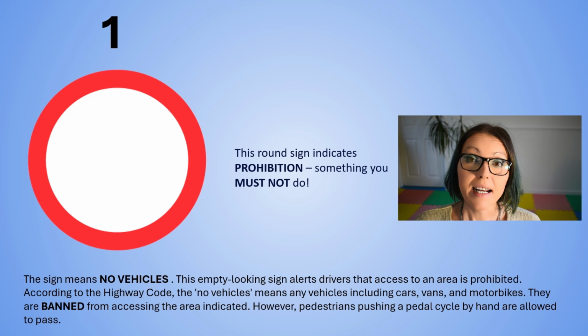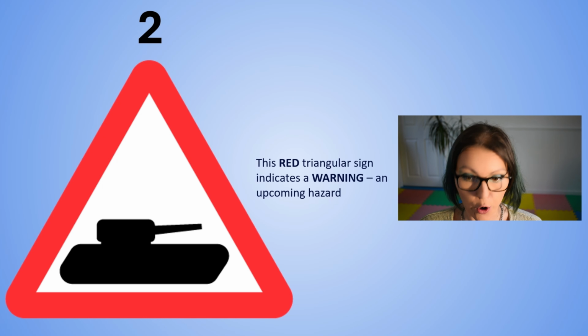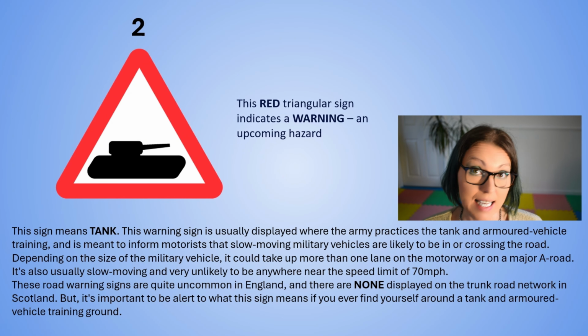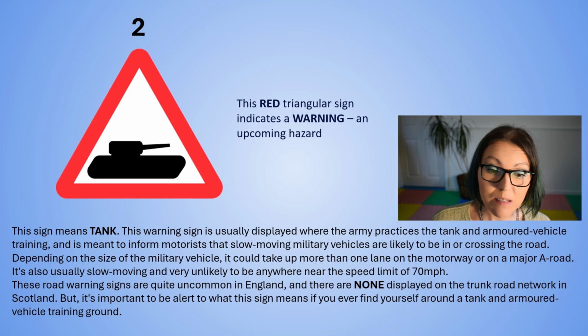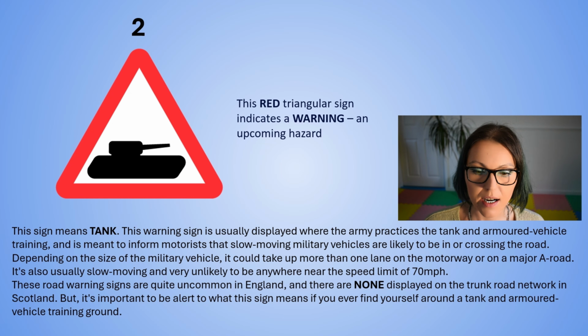Sign number 2. And this is it. This red triangular sign indicates a warning, an upcoming hazard. This sign means tank. This warning sign is usually displayed where the army practices tank and armored vehicle training, and the sign is meant to inform motorists that slow-moving military vehicles are likely to be in or crossing the road. Depending on the size of the military vehicle, it could take up more than one lane on the motorway